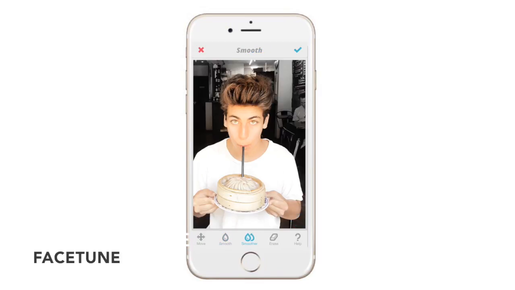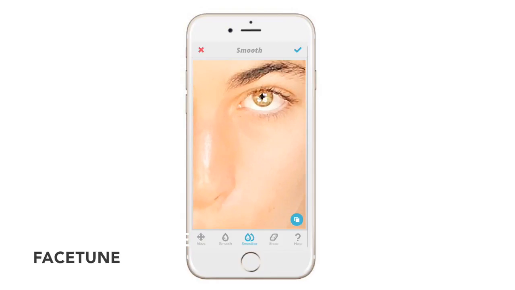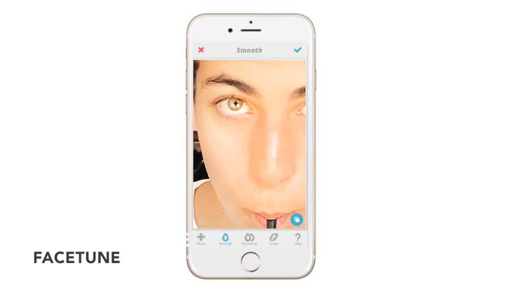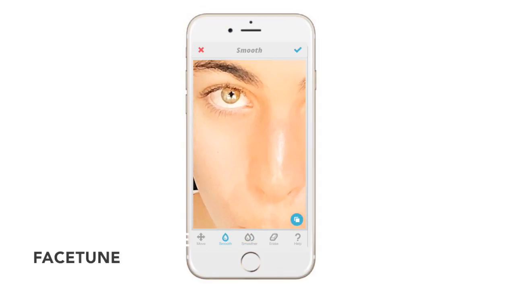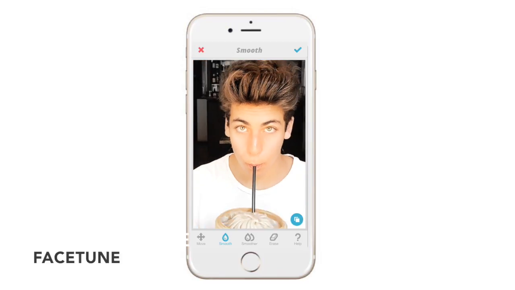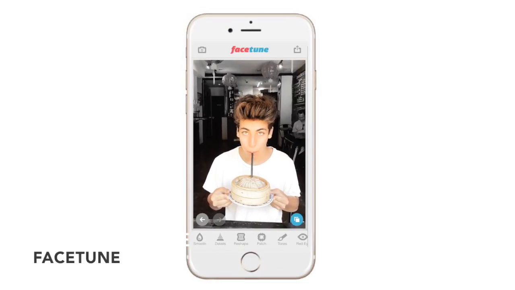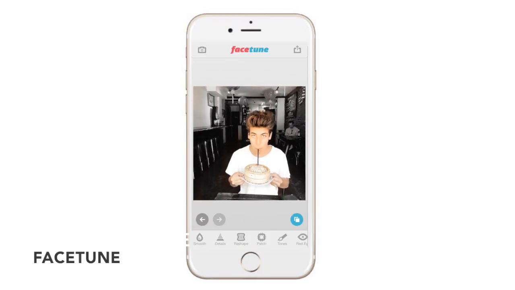You can tell, but I have a little bit of a breakout here, so I'm just going to use the smoothing tool, and we're going to just smooth over it, and I have a little bit of bags under my eyes, so we're just going to smooth that out just so you can't really tell it's there. Just smoothing all of that out, and so you can just see the difference that it makes. Just little things go a long way. And so that's as far as we're going to go with the whole face tuning. And so we are going to now save this